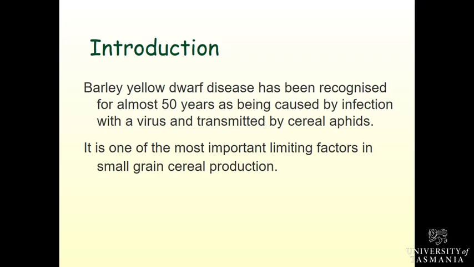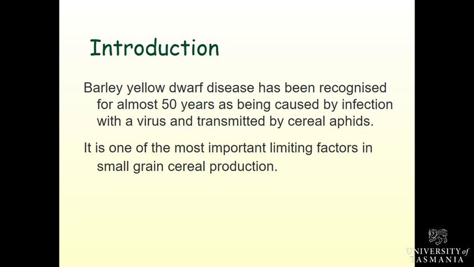Anyway, barley yellow dwarf, the disease, been around for about 50-60 years, been recognised as being a virus disease. Obviously the disease has been around longer than that, but that's when they first recognised it as a virus disease